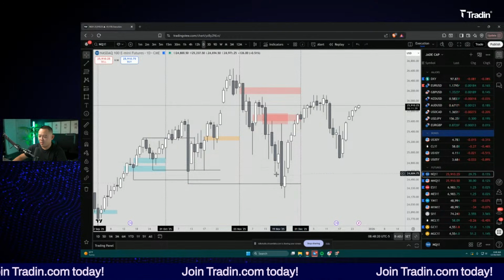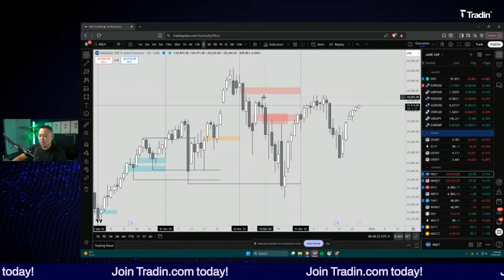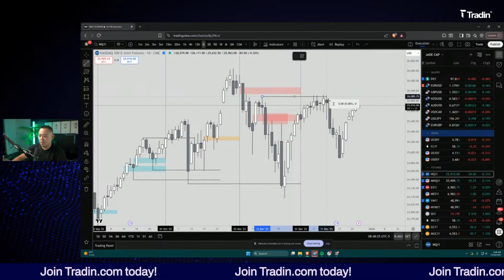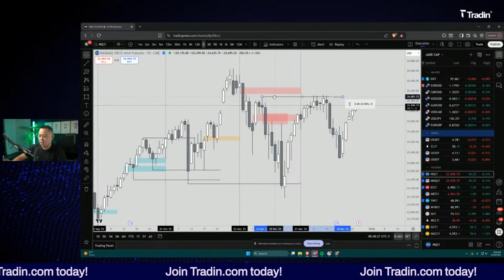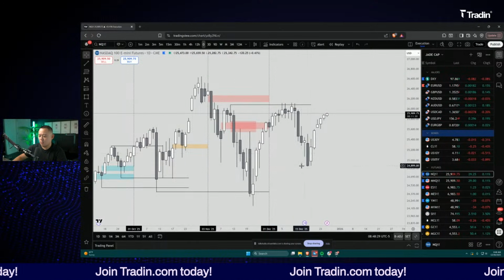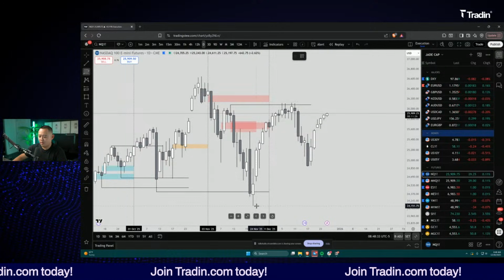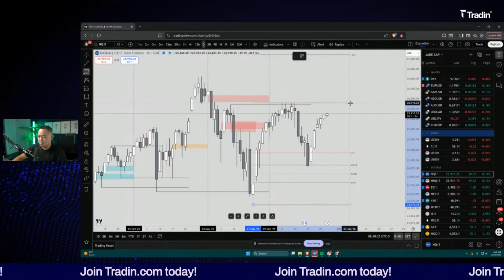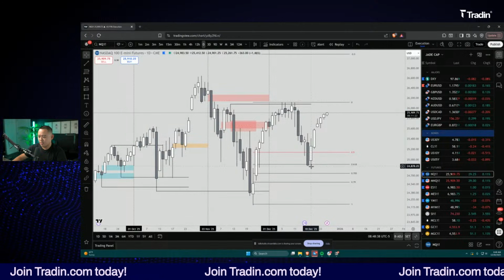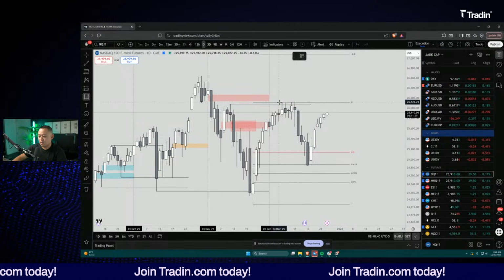After we run out the previous monthly low, however, we run all the way back up to this short-term liquidity. We take out this liquidity and then retrace down to where? There's nothing really in here other than a fib. So we trade down to 61%, and now I'm targeting this liquidity here.